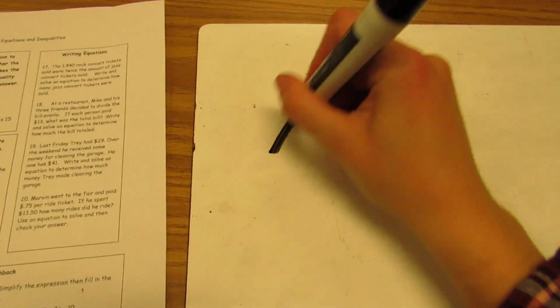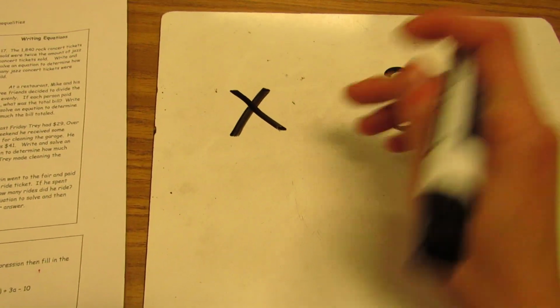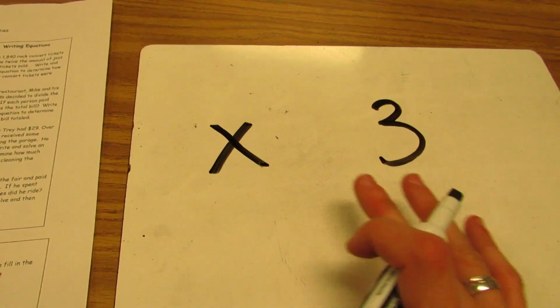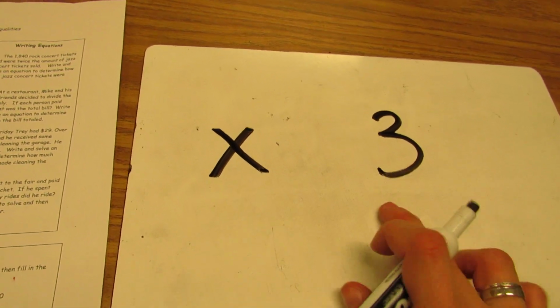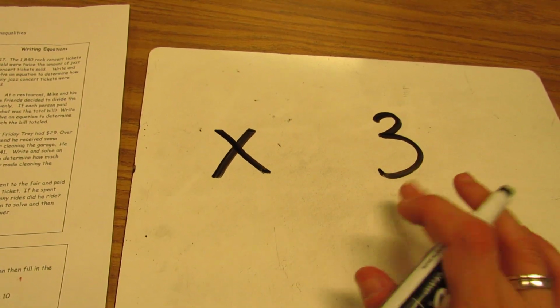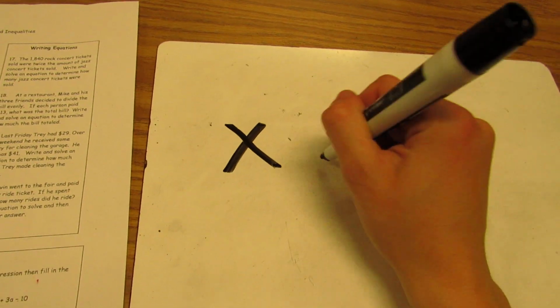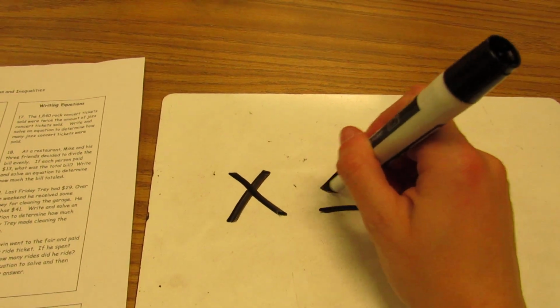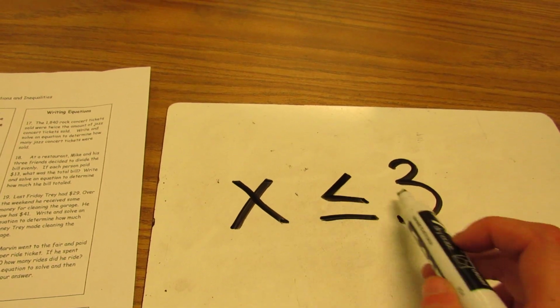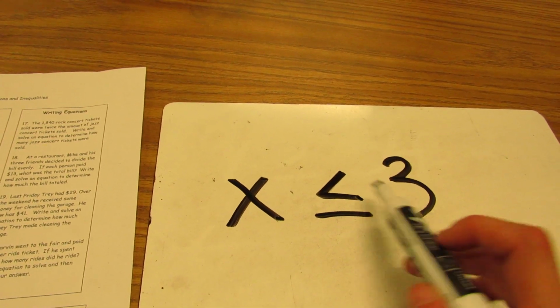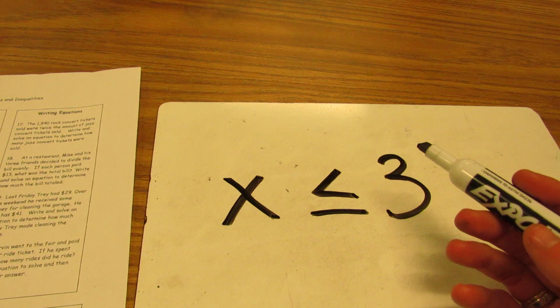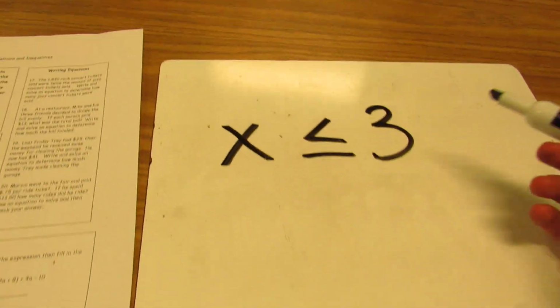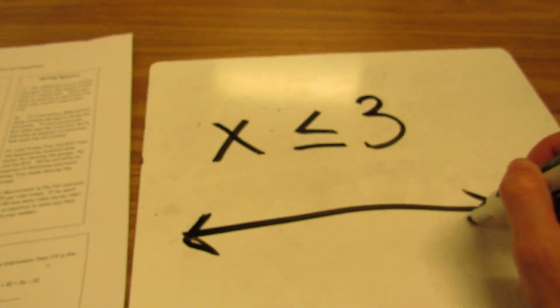Now I'm just going to set up my inequality. I know it's always going to look like something like this. It says if you have 3 or less. This means it's including 3. So that means or less. So if this number is less than that or equal to that, I need to go to Target and buy more paper. Okay, so this is how I would write my inequality, and I would actually graph it